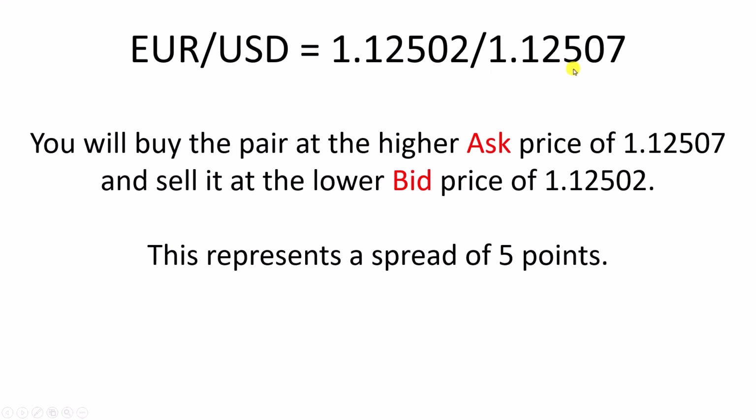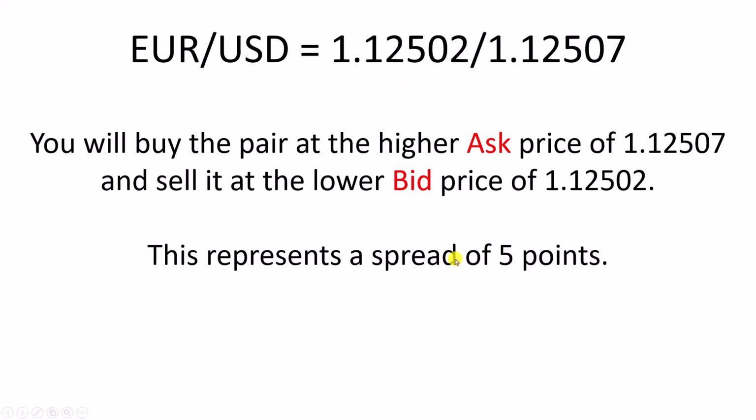So here this is the higher value, this is the lower value. So you will buy the pair, which pair? This pair, at the ask price. Whereas if you want to sell this pair, then you will have to sell it at this price, the bid price. And this minus this